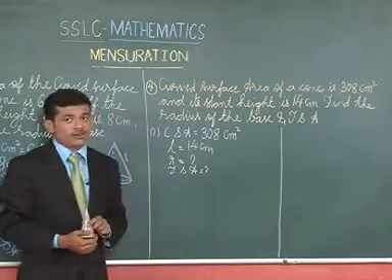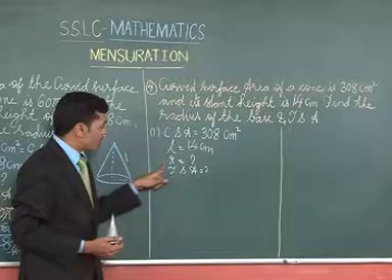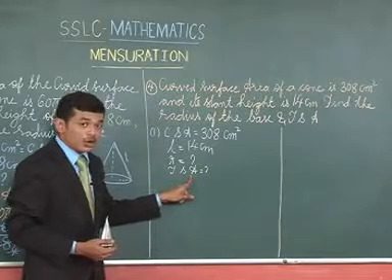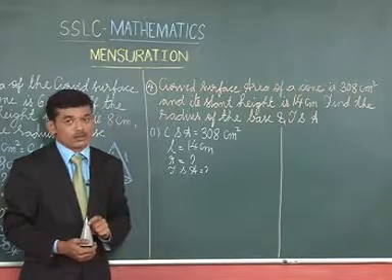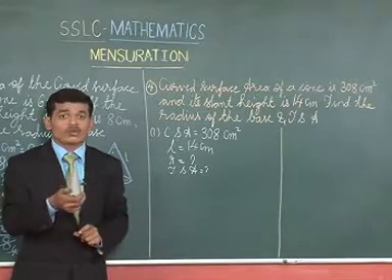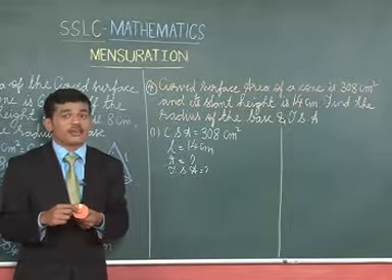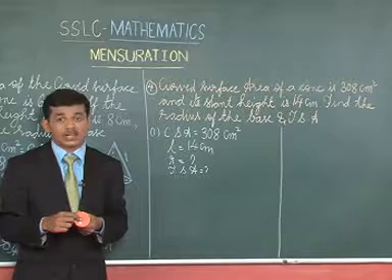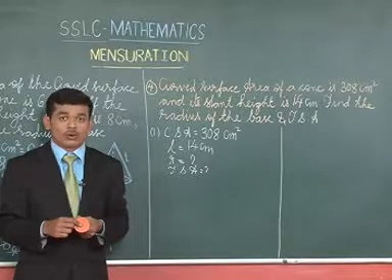Now, proceeding further, we are given the curved surface area and also L, and we have to find out R. And before finding out TSA, we cannot find out R. To find out TSA, we have to calculate the radius of the base, because we cannot calculate the total surface area of this cone without calculating the radius of the base, because in the formula to calculate the TSA, we have to substitute the value of R. So, to calculate the value of total surface area, we have to calculate the value of the radius. So, first let us try to find out the value of radius.